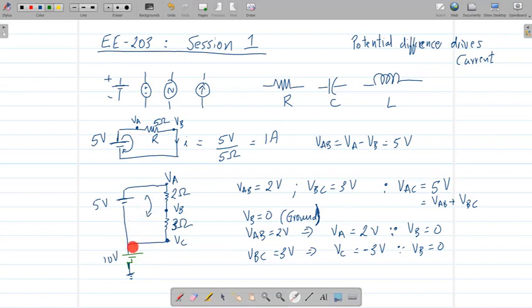I could say that overall VA is equal to 5 volts plus 10 volts, and call it 15 volts. I could say that VB is 2 volts less than VA, so it could be at 13 volts, and VC could be at 10 volts because it's connected to 10 volts, right? So if I want to use this convention, I can say that VC is 10 volts now, VB is 13 volts, and VA is 15 volts. But this 13 volts, 15 volts, and 10 volts is with respect to ground.